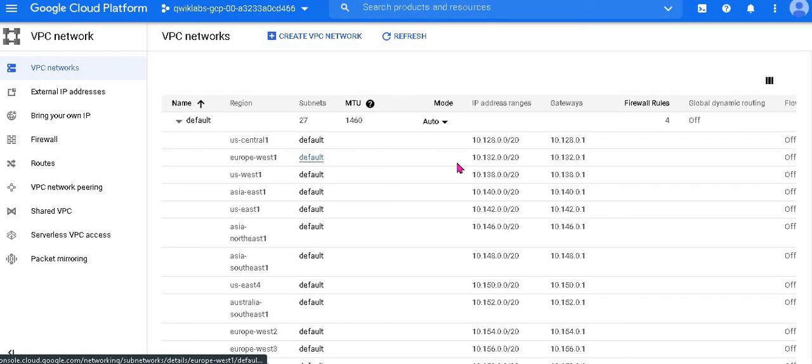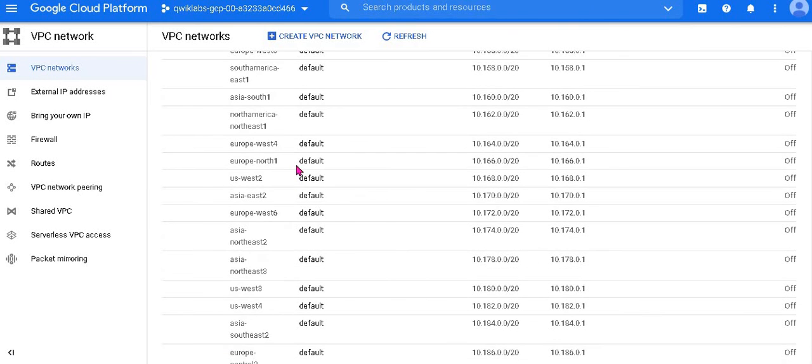Each subnet is associated with its Google Cloud region and a private RFC 1918 CIDR block for its internal IP address range and gateway. So here you can see that each network is associated with a region, an IP address range and a gateway. These are all default